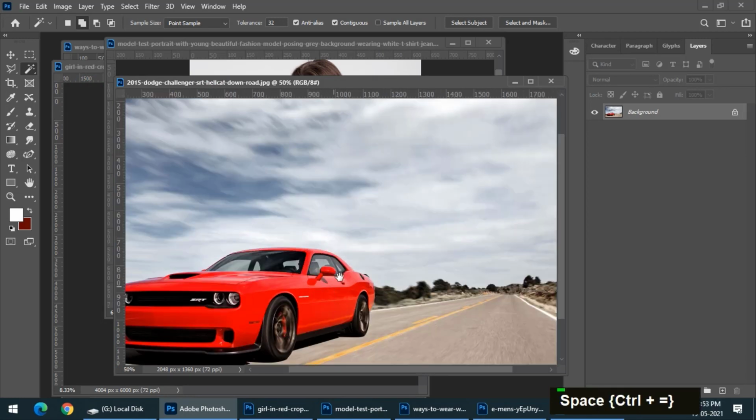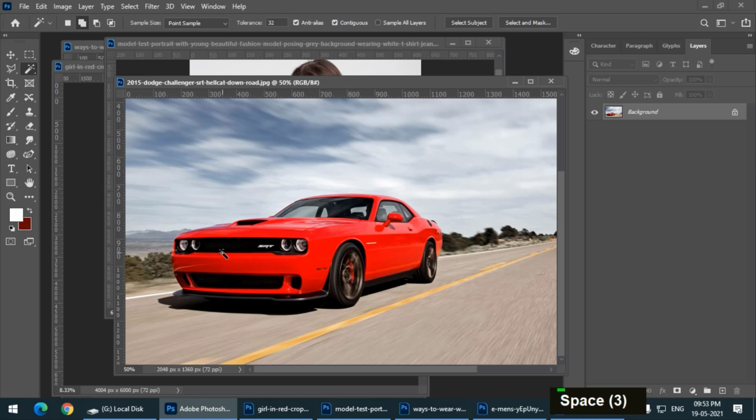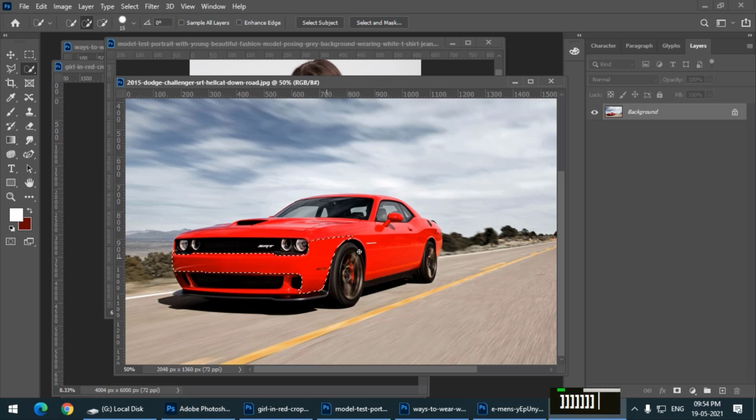Control D. But as you can see, if I want to select this car, there is a contrast between the car and the background, even though the background is different at different parts of the car. Again, by using quick selection, I can make a pretty good selection, I'm sure. And I can again drag the quick selection tool. This shadow is attached to the car, so I think it will get selected. Yes, we have made a pretty good selection by using the quick selection tool.